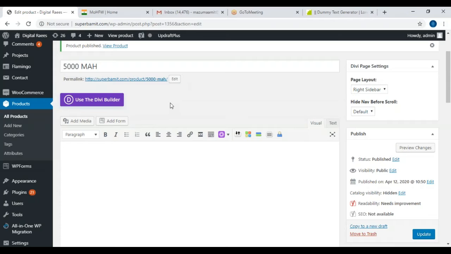So once again, how we have created the simple product: you have to give the title, and in the title you don't have to write power bank and all. Just give the capacity of that particular power bank, that is 5000 mAh, 10,000 mAh, and if you are putting a flash drive, 32 GB, 64 GB. Only that we have to give in here.